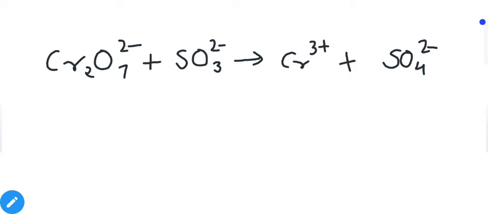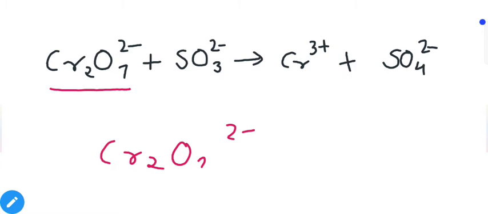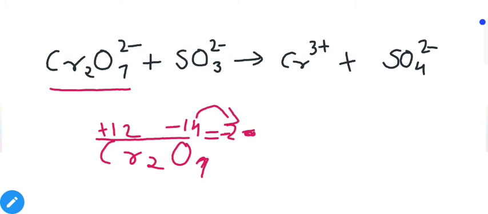So Cr2O7 2-. Now it is already mentioned that in this case chromium shows +6 oxidation state, but if you still want to confirm it, then let's calculate it. Cr2O7 2-, so total charge is equal to -2. Total 7 oxygens will provide -14, then 2 chromiums will provide +12. So +12 minus 14 will give us -2. So 2 chromium is equal to +12, that means 1 is equal to +6. So the oxidation state of chromium is +6. For oxygen it will be -2.